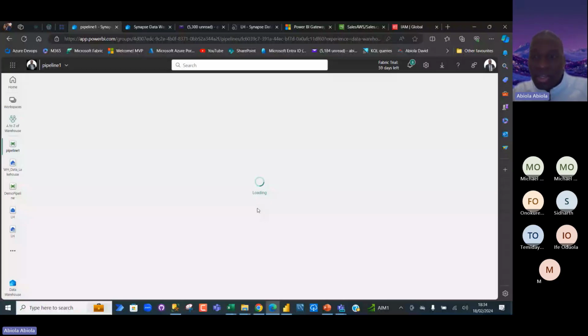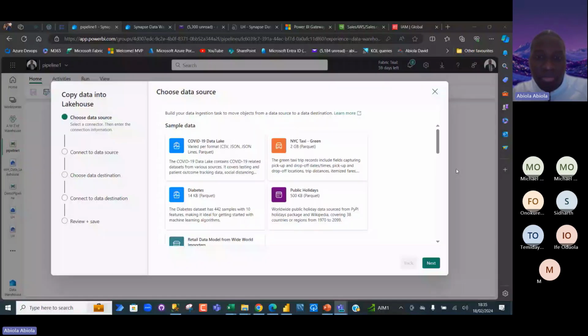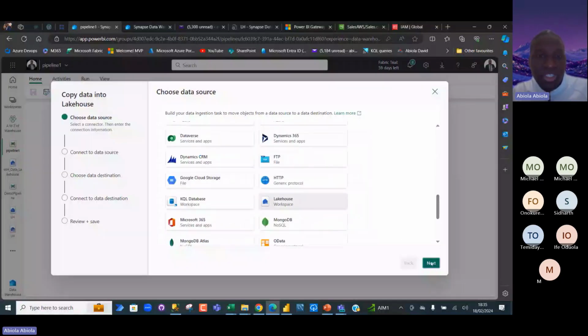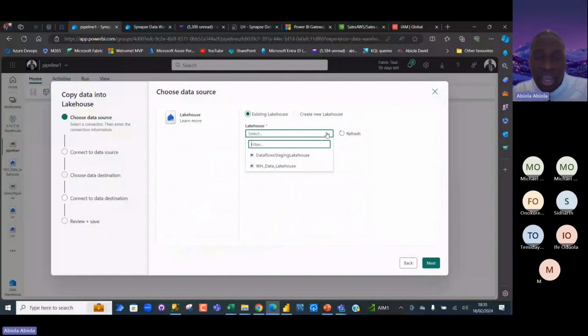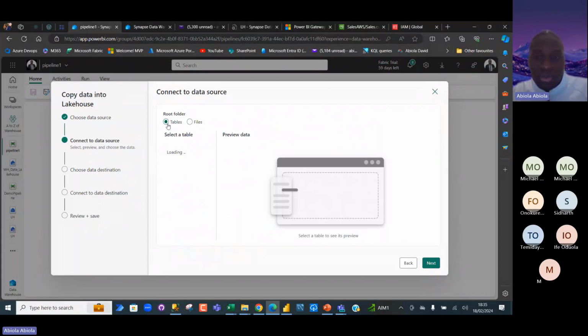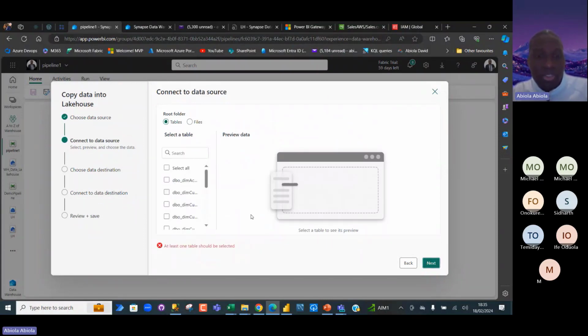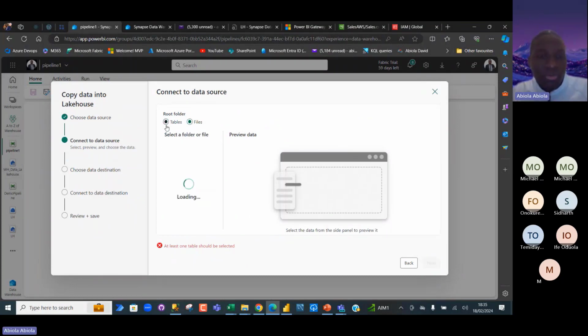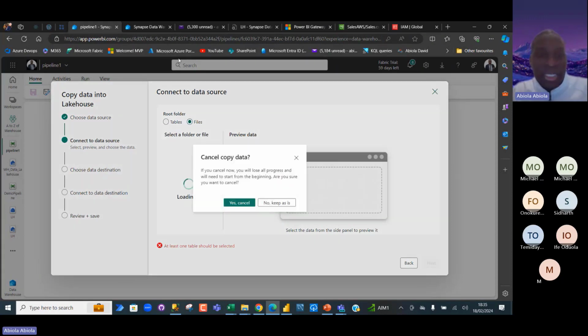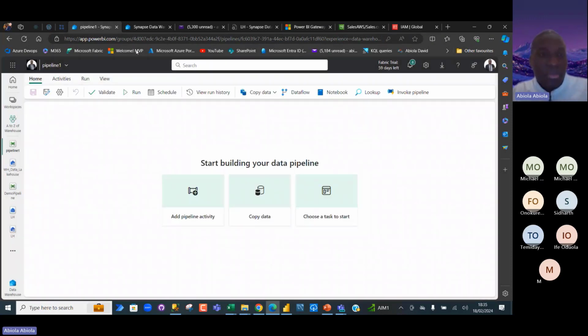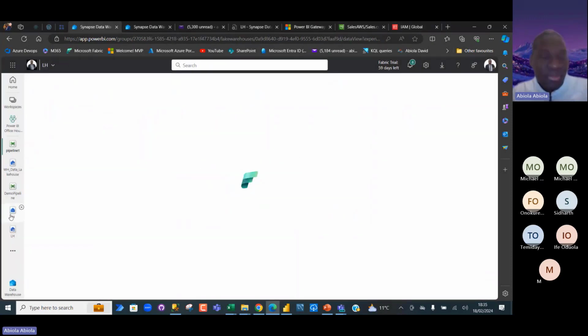Now, okay, let me move this aside. I'm going to scroll down. Let's say I want to get data from my lakehouse. Just click on the lakehouse. And let me see. Okay, I've got data in the WH lakehouse. So click on that, and then I'm going to choose next. So, okay, let me just load to a table. And oops, oh no, this is not what I'm trying to do. Okay, let me just use the one I used not too long ago.